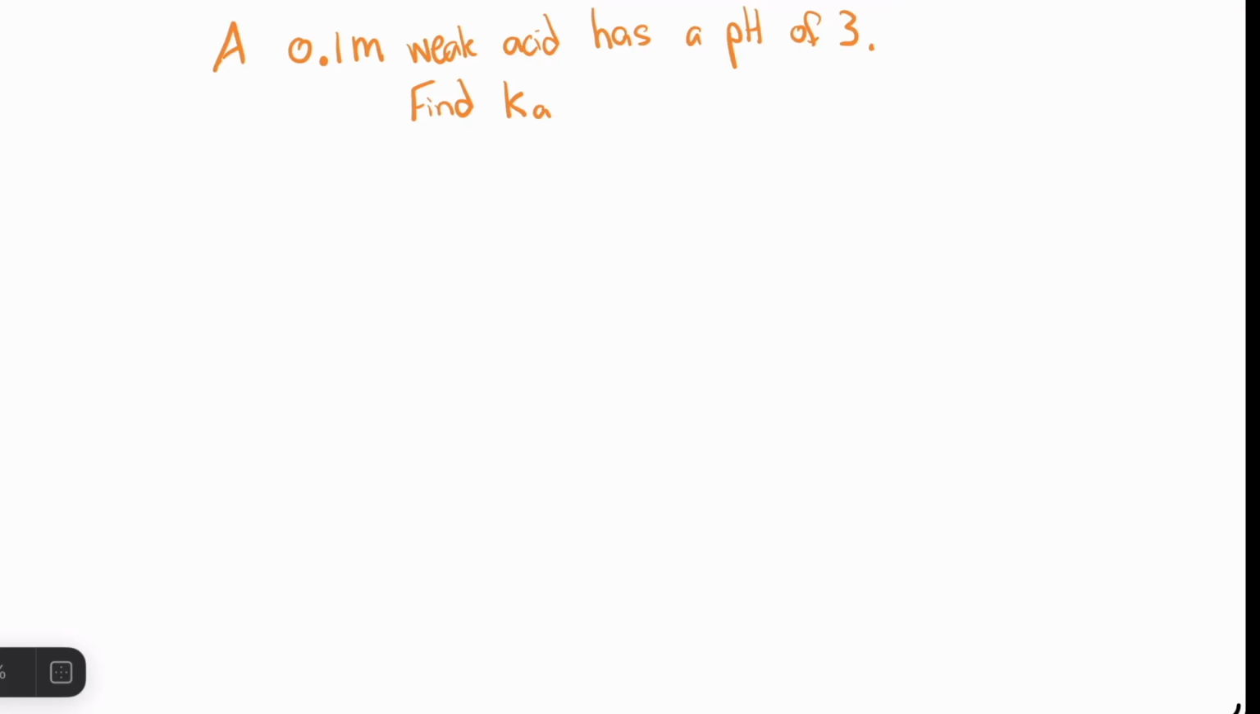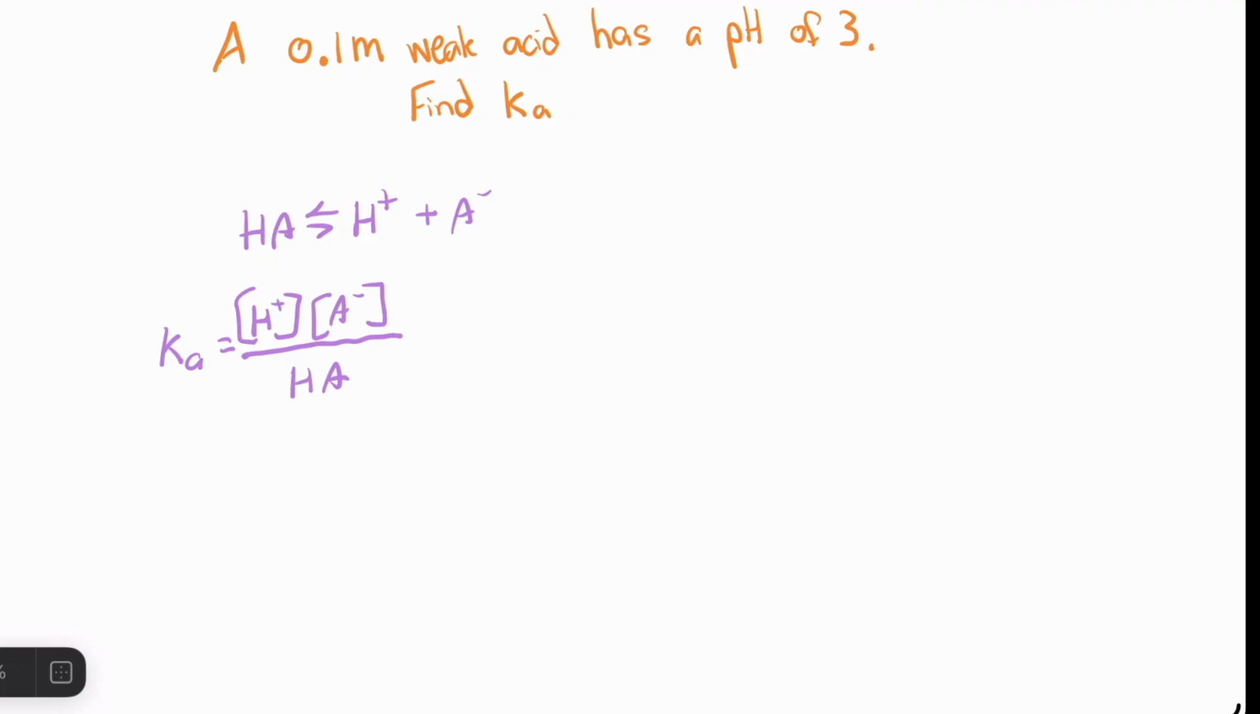A 0.1 molar weak acid has a pH of 3. Find Ka. If we want to find Ka, we first need to know that a weak acid partially dissociates into H plus and A minus. And the Ka equation